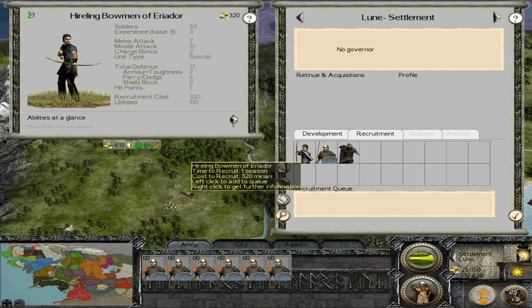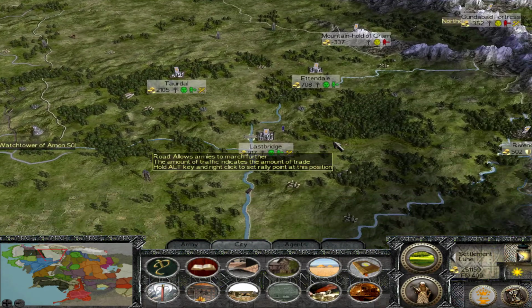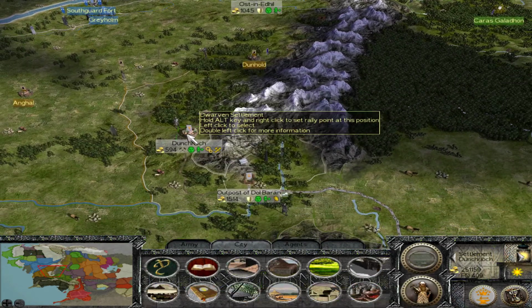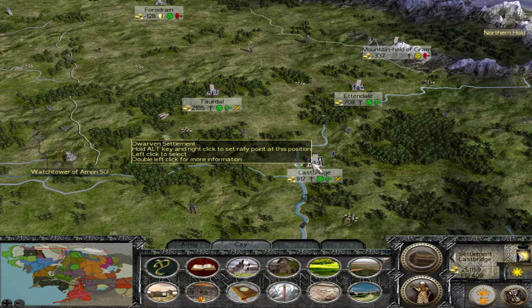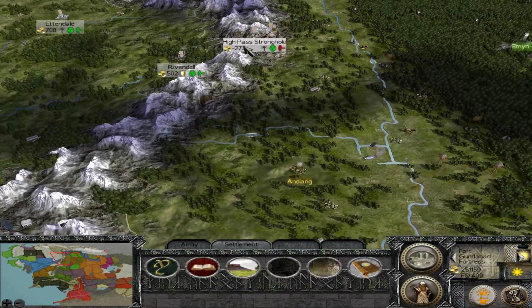And we've got archers here that we can train out of Loon. That's very nice. Otherwise, we're just holding out. Geez, where is the next building? The next... I think everything that was building a